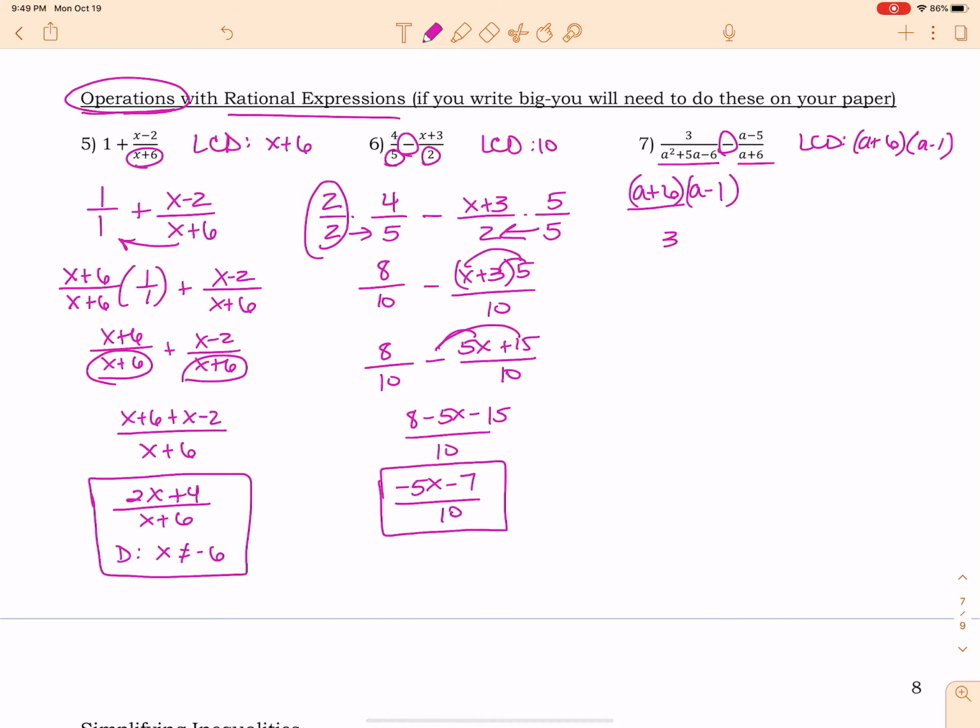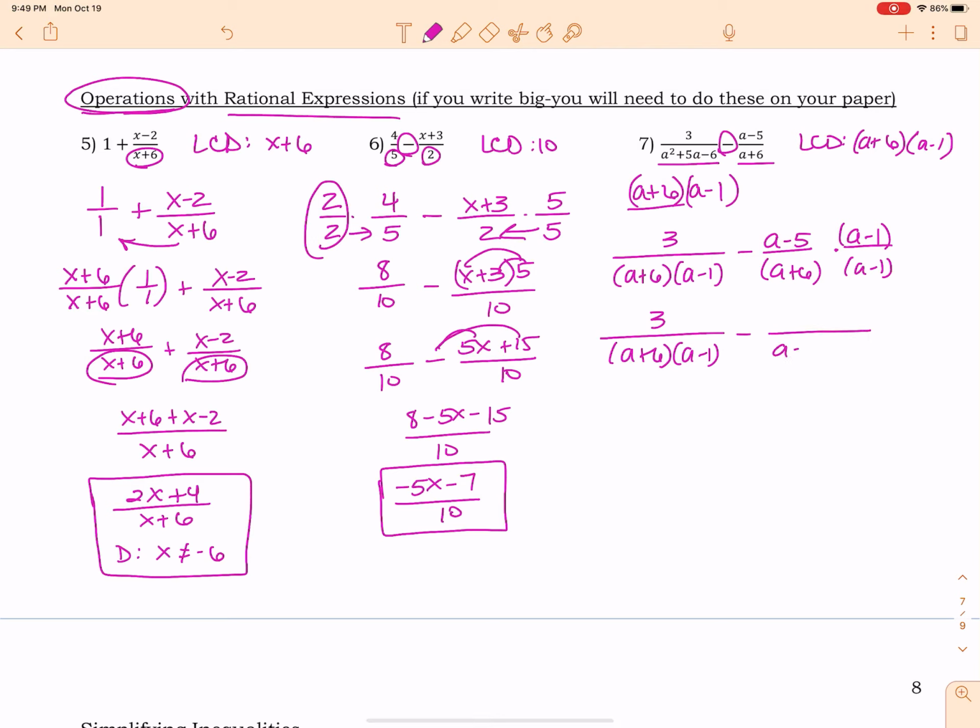So 3 over a plus 6 times a minus 1. That denominator already has everything we need. This denominator, though, is lacking the a minus 1, so I need to multiply the numerator and denominator by a minus 1. So I've got 3 over a plus 6 times a minus 1